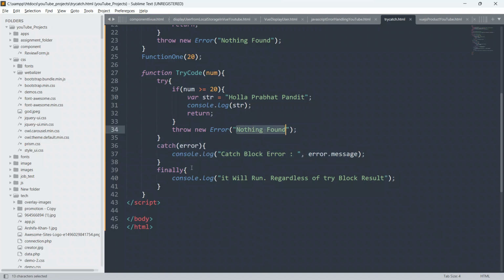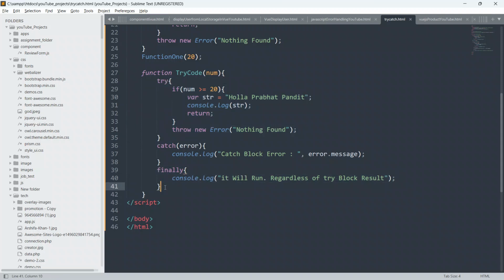And guys, after the catch block, we have the finally block of code also, which says it will run regardless of try block result. So whatever will be the result of this try block of code, always remember, whether it throws any error or exception or not, this finally block of code is going to run, and it will definitely run.